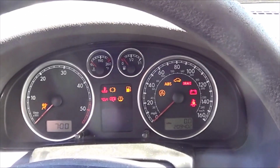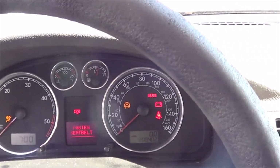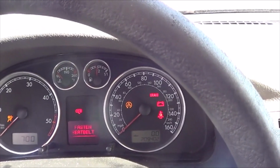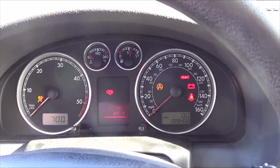Okay, so a lot of people might think it has an immobilizer problem. Our immobilizer light is right here. Watch what happens with our immobilizer light. Comes on for a bulb check, and then it shuts off. The immobilizer light is not flashing. Does that mean we have an immobilizer problem? Well,